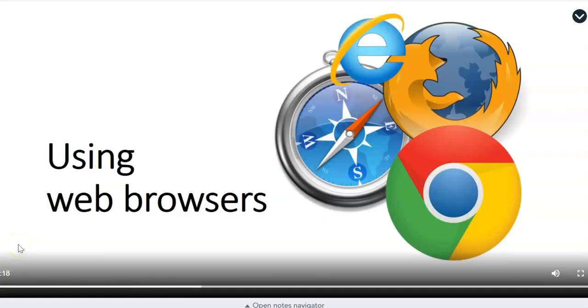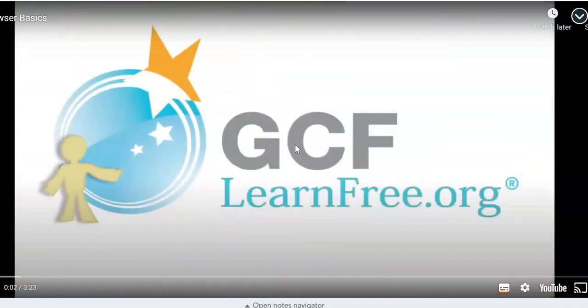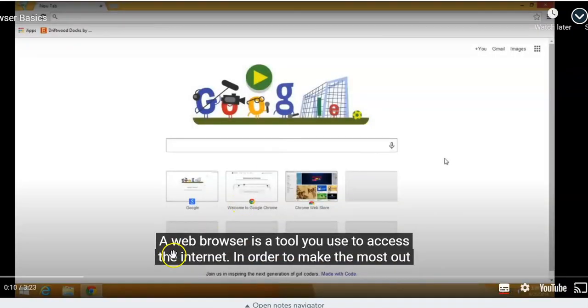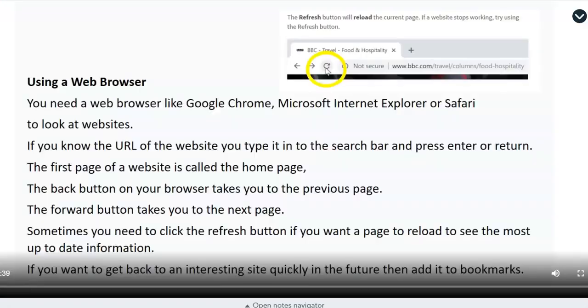This is a Nearpod. I had this Nearpod lesson made already, where I gave some information about using web browsers. I included a video from the internet on web browsers, the back button, the forward button, the refresh button, and so they were able to click on this link in Book Creator, get through and read the reading piece at their own pace. This is a reading piece that I inserted and I added a voiceover to it,